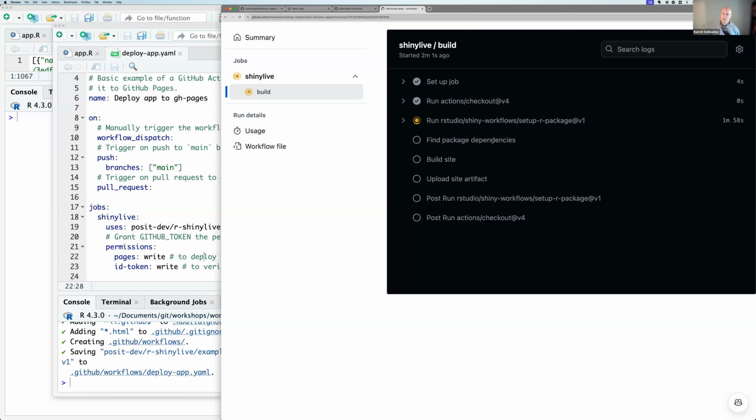It's not using renv to restore. It's not set up for that. If there is interest, we can set up that reusable workflow. But in this case, it's just inspecting the app.r to find dependencies that way. Oh, why it's not using renv restore is because packages being done that way are not easy to reproduce within GitHub Pages.